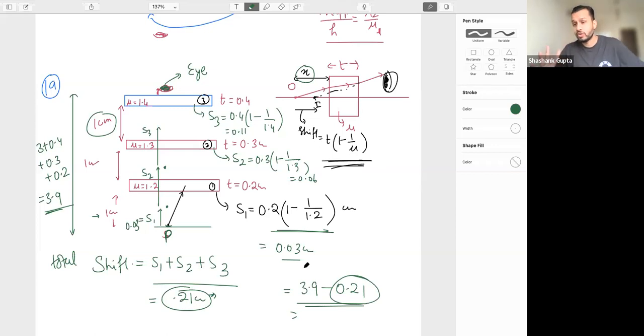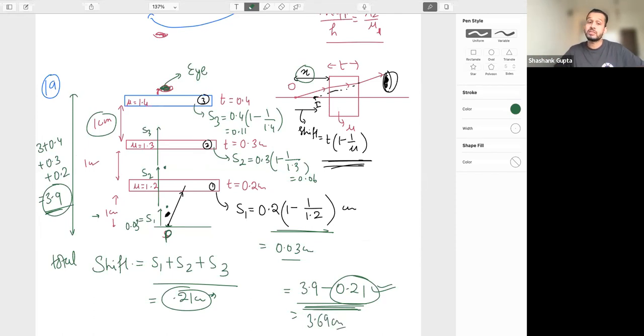Okay, so shift. Total shift won't be the answer in this case, because they had given the answer in that way. That's why the 1 plus this thing is not needed. But if they had asked from the eye where exactly the distance of the image is, then this is my answer. Understand what exactly they are asking, and depending on that, the answer changes. From the eye, if they were asking, then this is your answer, which is 3.69 centimeter. Getting the idea? So it depends.